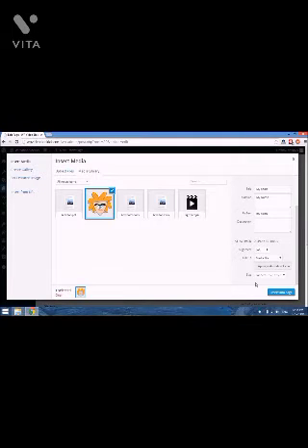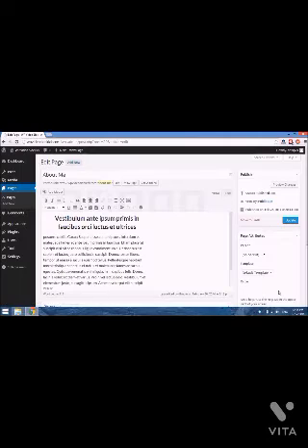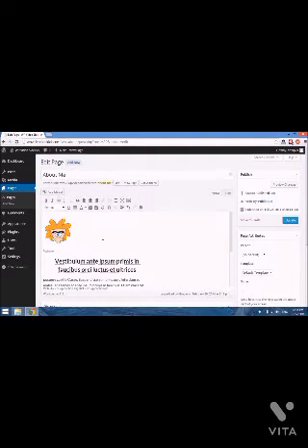Right, because the image that I uploaded is so small, then it's the only size that you see here. But what WordPress does is, if you upload a large image, it will automatically create a couple of different sizes depending on how large your image is. And what you would have been able to do is select the particular size from this drop down list. But because, like I said, this image is so small, then it's the only one that I have available. So I can just select insert into page, and